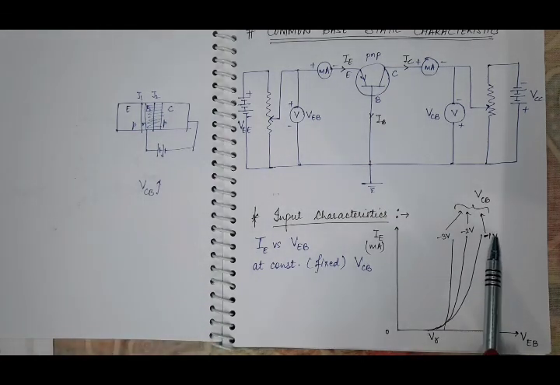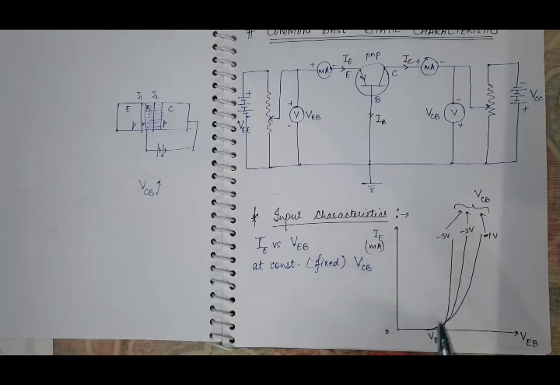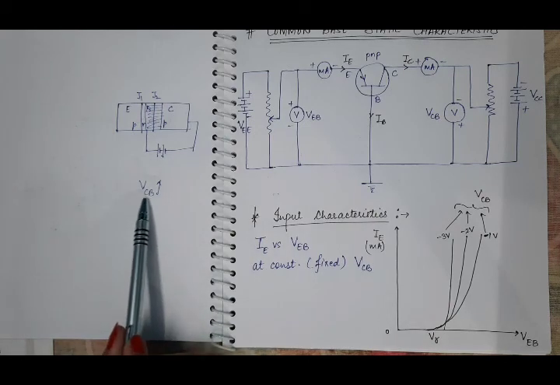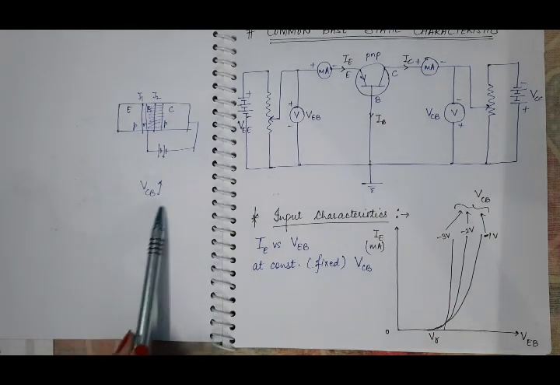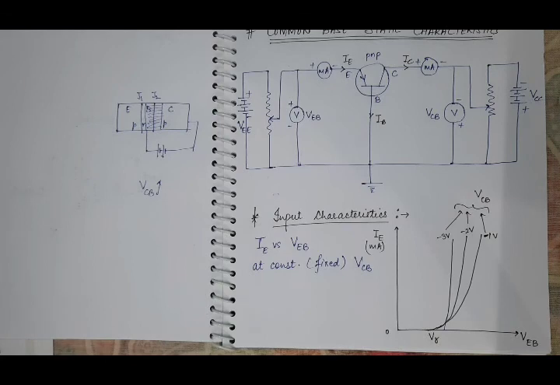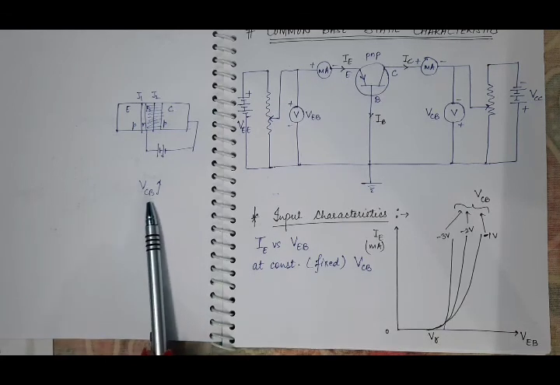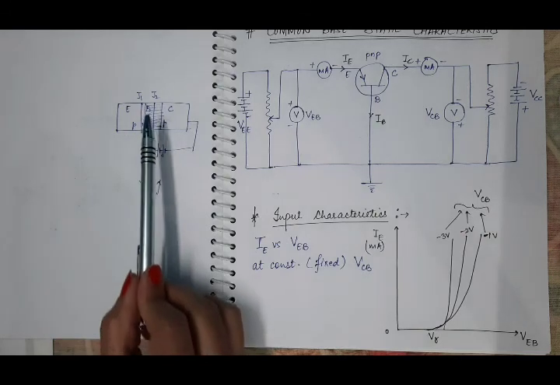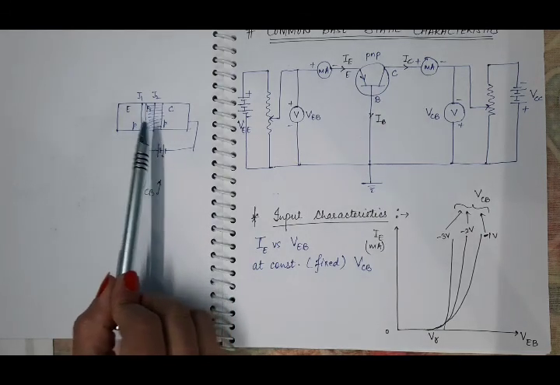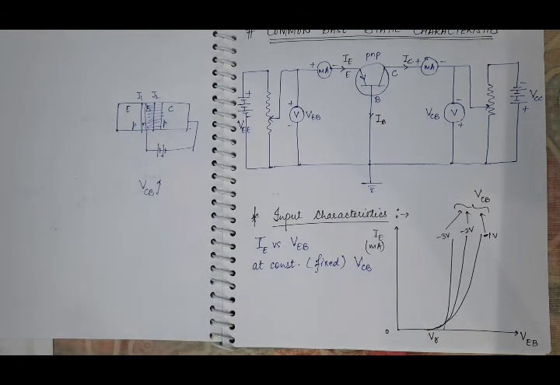As you can see here, with increase in VCB, emitter current starts rising rapidly, means the slope is increasing with the increase in reverse bias voltage VCB. And this is known as early effect. Similarly, if you are continuously increasing this VCB beyond the limit, means if the applied reverse bias is very large, then what will happen? This depletion layer, its area, its width, will also be continuously increasing.